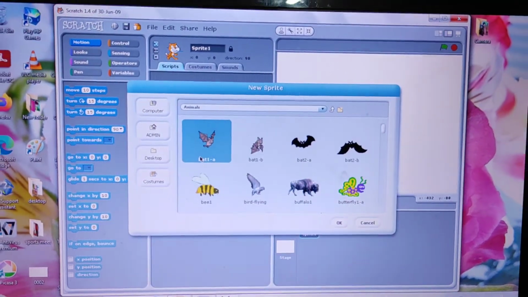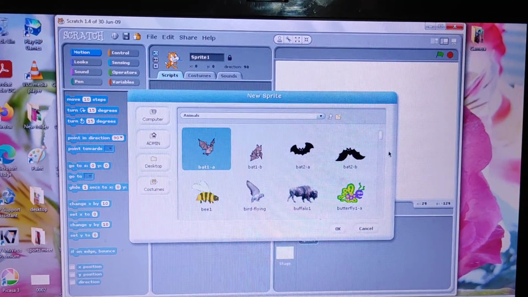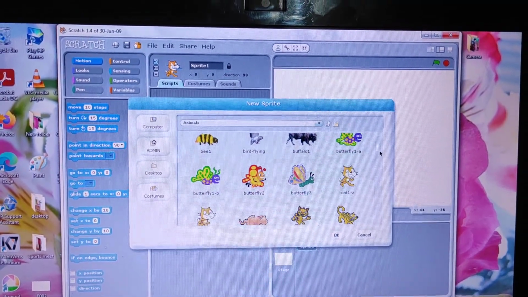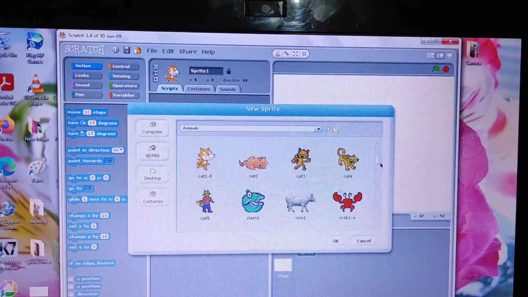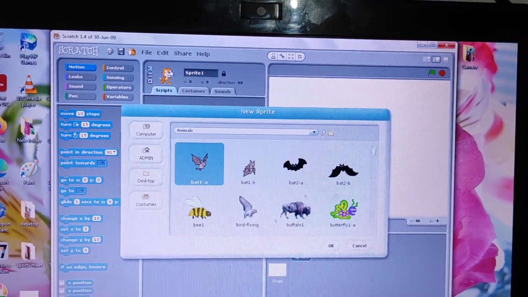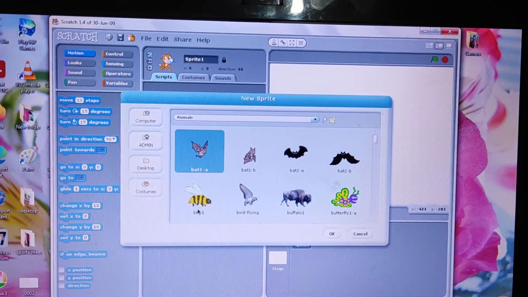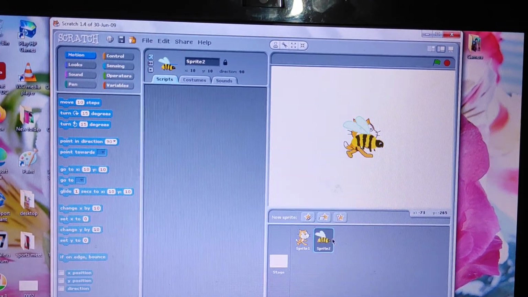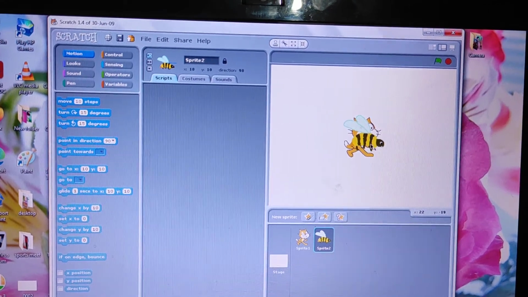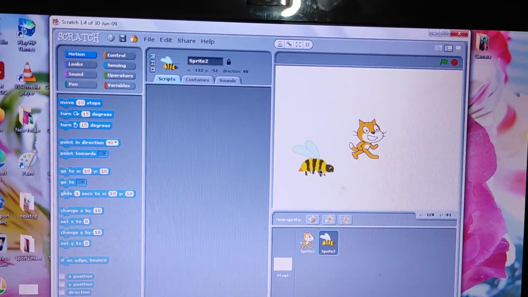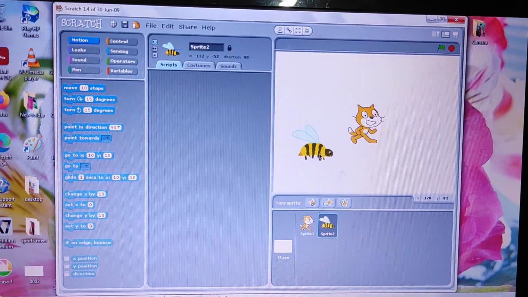I just double click on Animals, and you can select any one according to your choice. I select this one, click on it and then OK. So this is a new sprite, the second one.